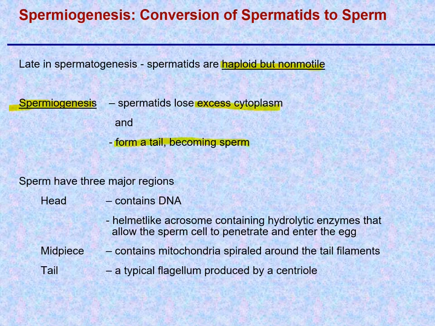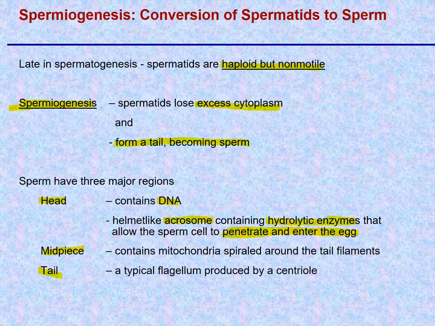The sperm itself, each individual sperm has 3 sections: a head, a midpiece, and a tail. The head contains the DNA and is covered at the very tip by an acrosome that forms a helmet-like structure. It contains enzymes. The enzymes are used by the sperm cell to penetrate and enter into the egg if it arrives there. Then many arrive at the same time, actually, and only one will be able to fully penetrate and fertilize the